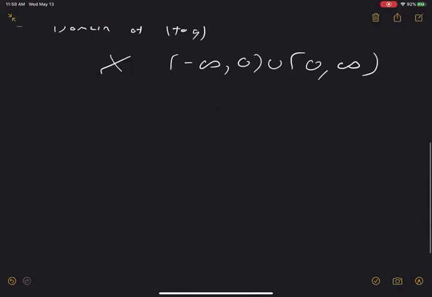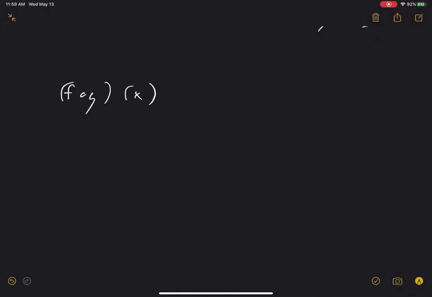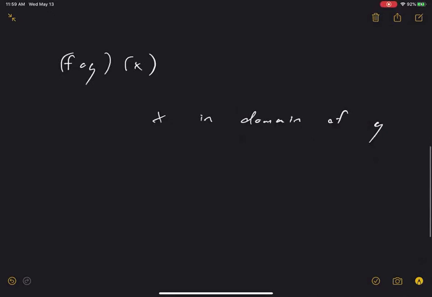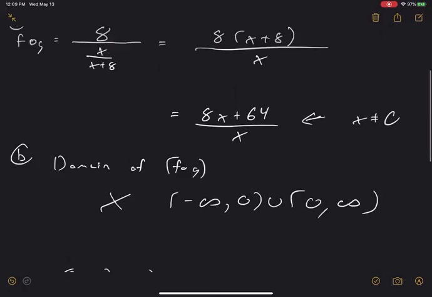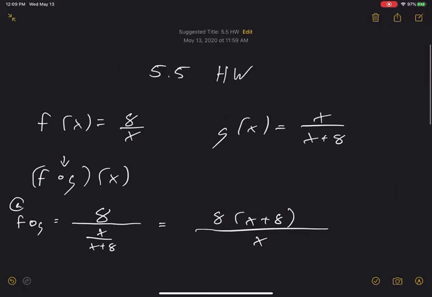When we're dealing with composition of functions, the order matters here. If I have f of g of x, what do I need? I need x in the domain of g and I need g of x in the domain of f. So we need x in the domain of g and g of x in the domain of f. What do I mean by x needs to be in the domain of g? Well,